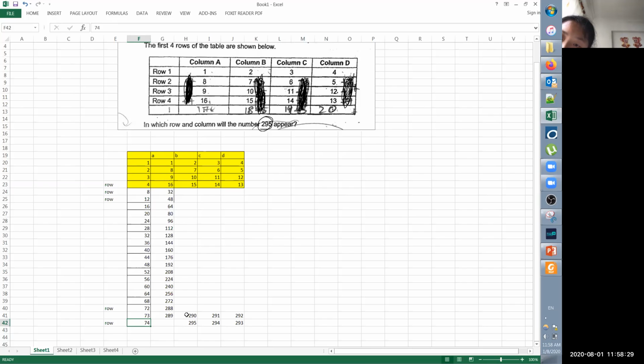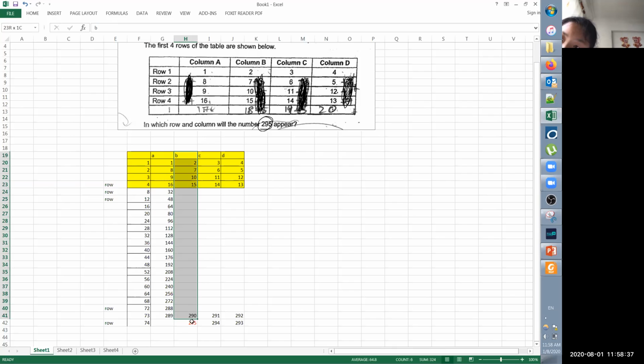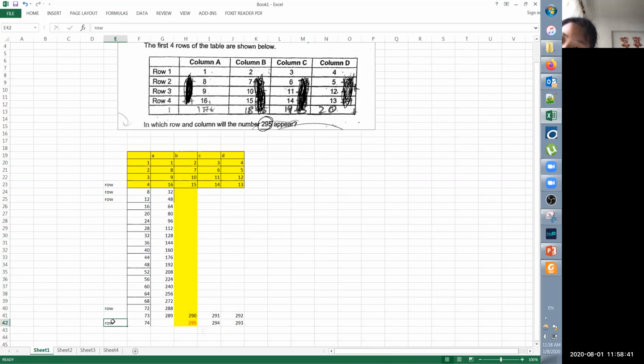So row 74 and B. You see? Here. So this will be your B, and then row 74. That will be the answer for 295. Okay? Alright? 简单吗？